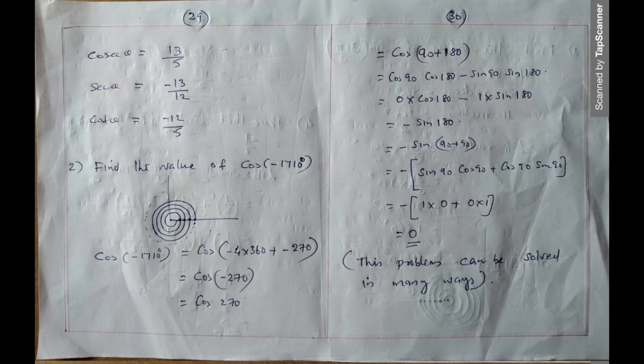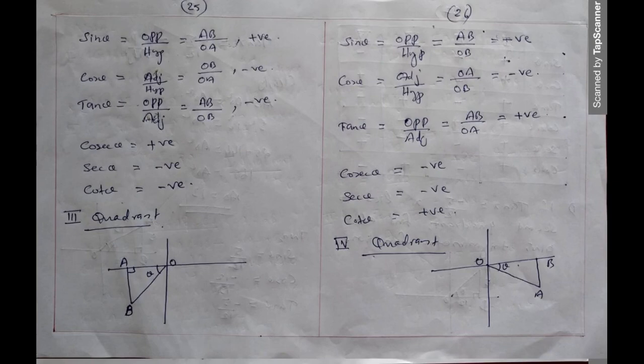1710. Now this line is pointing like this. Since the angle is negative, this is the angle. Now this is after several rotations. Finally, this is the angle. This angle means 270 degree, that is minus 270 degree. So instead of this one, you can write only cos minus 270 degree. We know that cos minus theta, what is that?